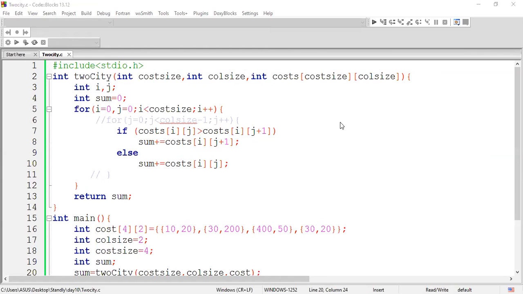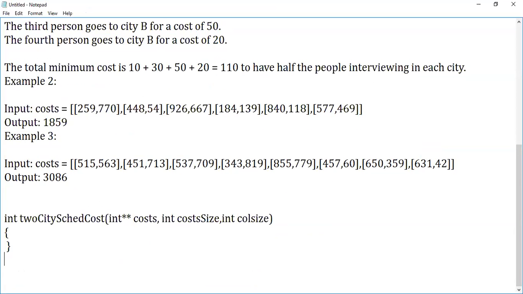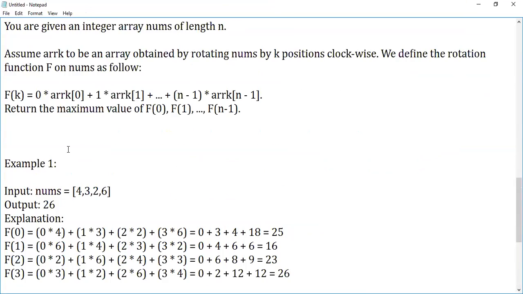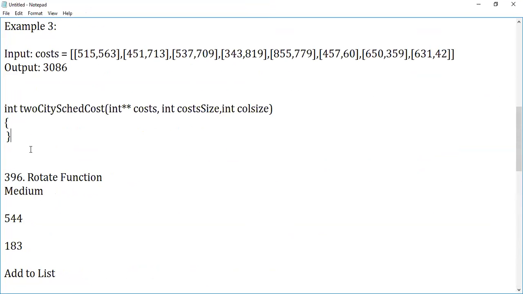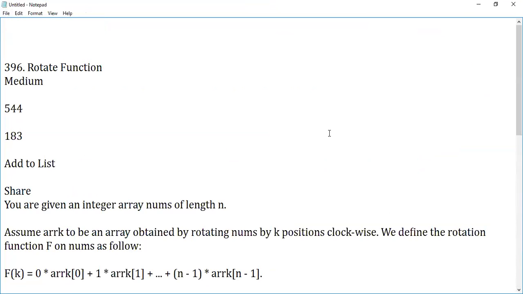Yeah, the next question is something interesting. Do you want the previous question? If you really want this one, I'll share this also in your chat box. Those who want the previous question and the test cases also, I'll share in the chat box. Okay, the previous question is also shared.